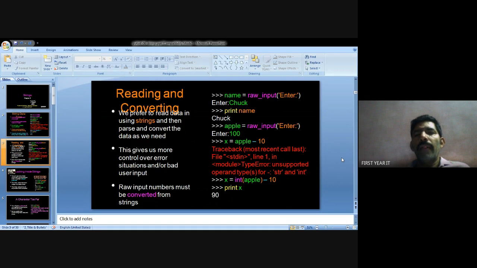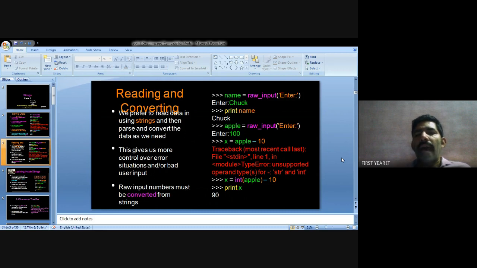Another example: apple equal to raw input. Inside the quotation, enter. For the output, I enter 100. After that, getting a result x equal to apple minus 10.